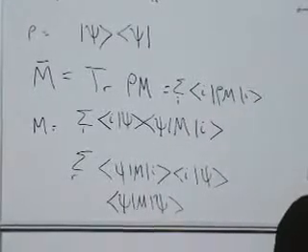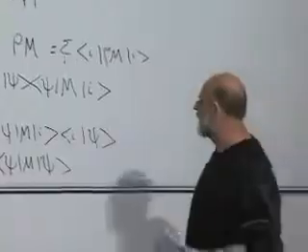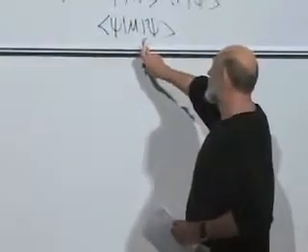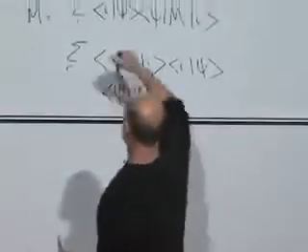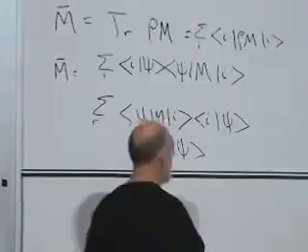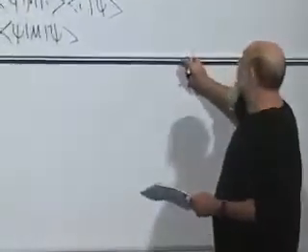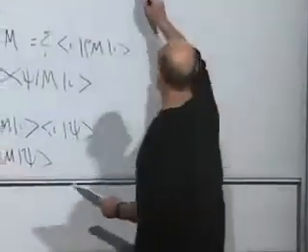Now, supposing you don't have a pure state. Should that be m bar? Yeah, no, sorry, m bar up here. Yes, thank you. Very good. Okay, let's take the more general case when we don't have a pure state, and we'll see what we get.